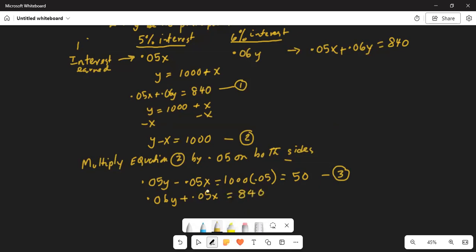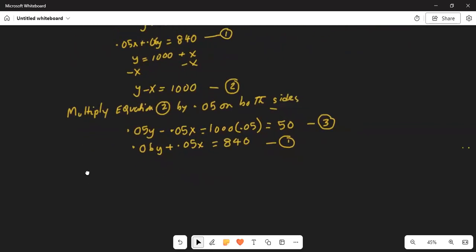This is equation 1. Now you see the coefficient of X in equation 3 is negative 0.05, and in equation 1 it is positive 0.05. So if I add the two sides of both equation 3 and 1, I will get